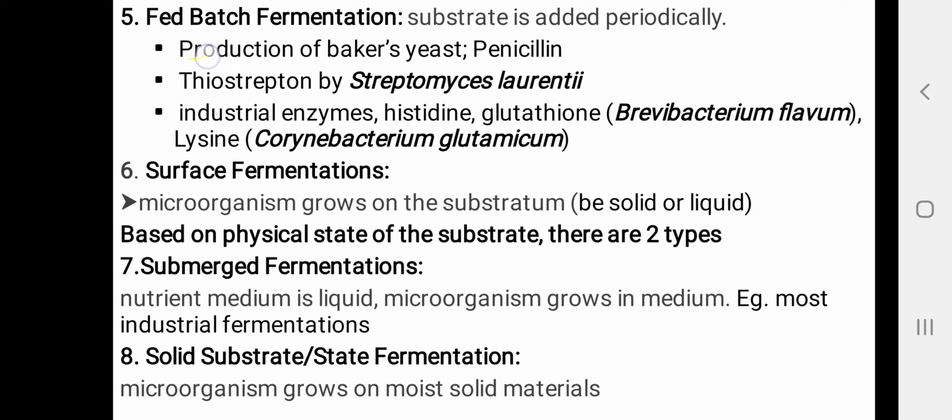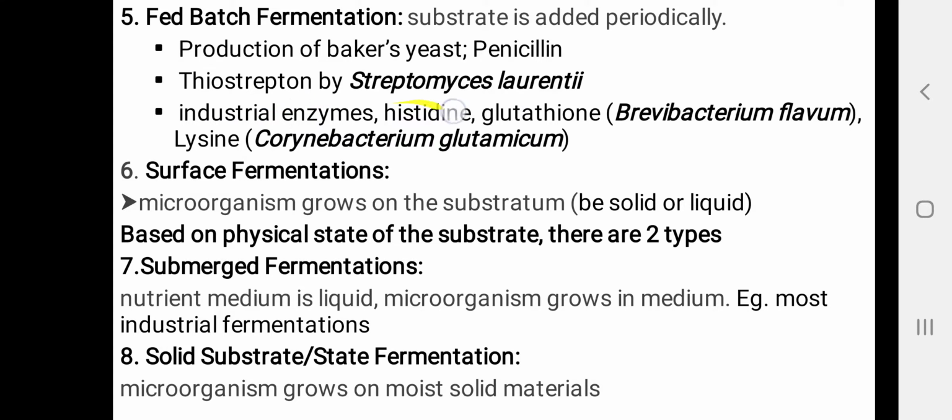The fifth type of fermentation is fed batch fermentation. Here the substrate is added periodically. Now this method is used for the production of baker's yeast, also for production of antibiotics like penicillin, thiostrepton